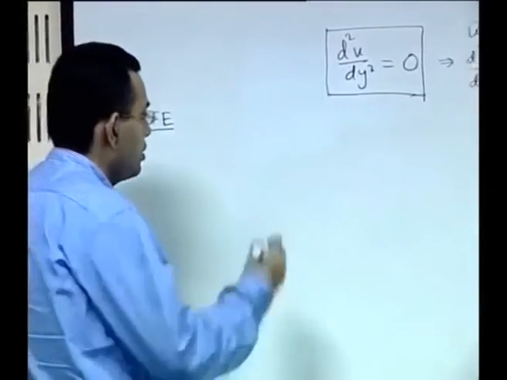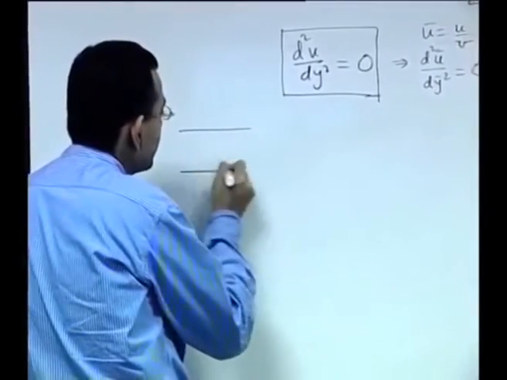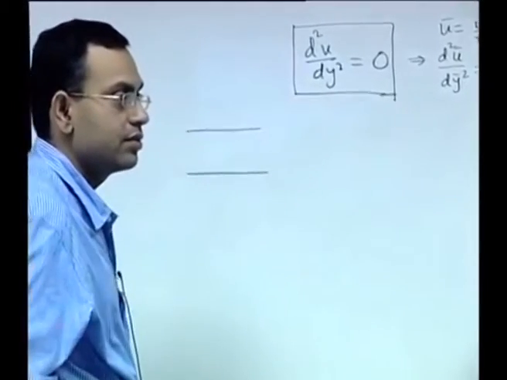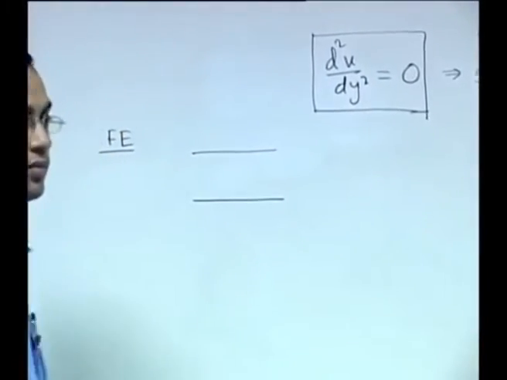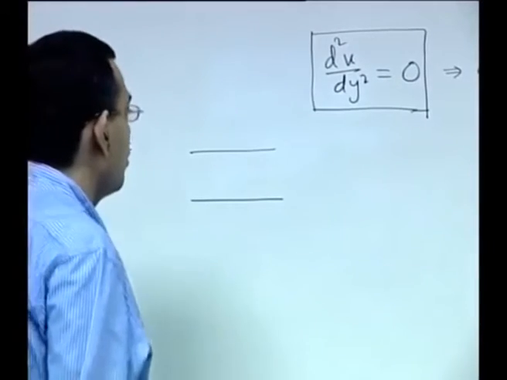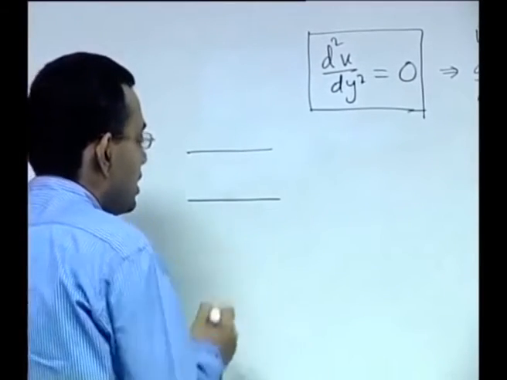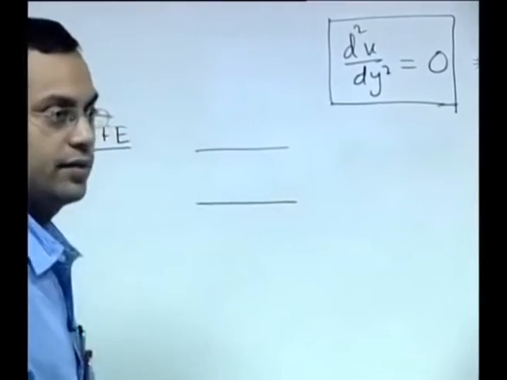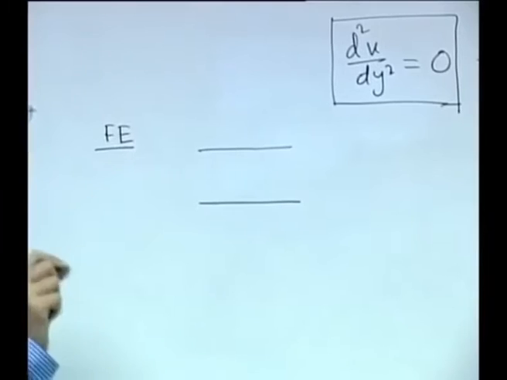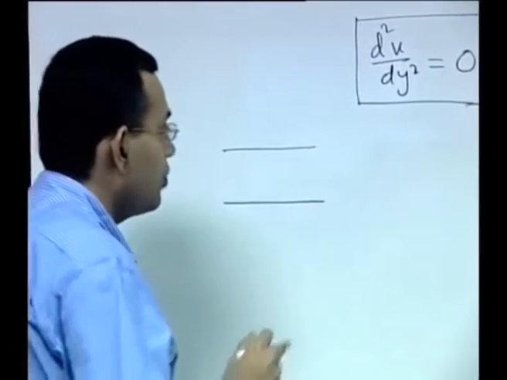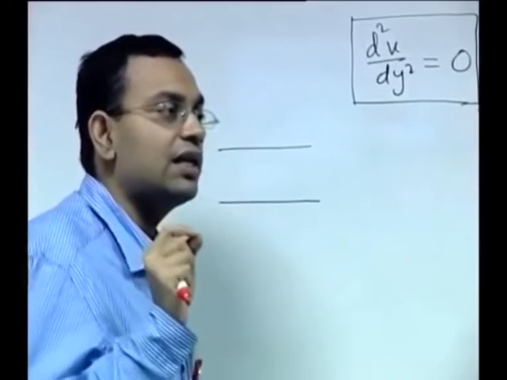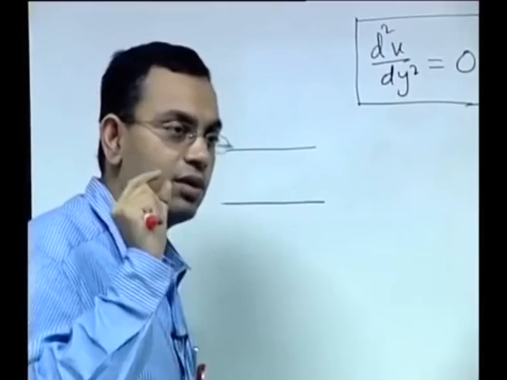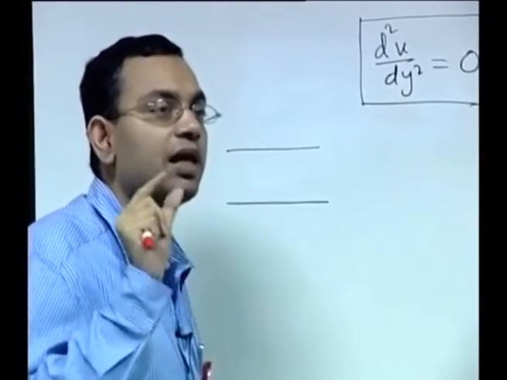Let us consider any two of the plates, either the bottom two pairs or the top two pairs, and let us take some elements. So, how many elements minimum you require? 2, because you should at least have one node in between. Of course, the answer is not correct as stated. You minimum require a number of elements 2 provided each element has 2 nodes.